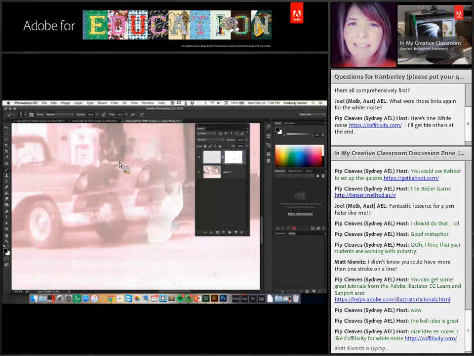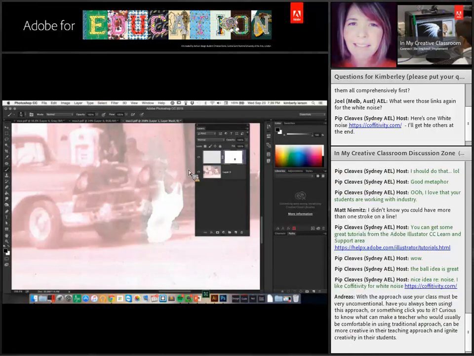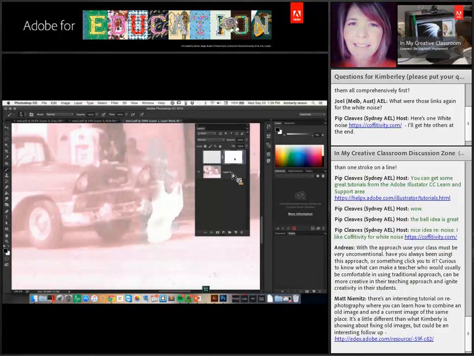So I can simply start seeing if I can get some of this away and try to see if I can get that edge of the car, like maybe that headlight, in there. If I turn that off or on, you can see where I'm trying to build up the headlight and replace some of that that's missing. In this particular case, I actually encourage the students to first take this and pull it back down to a